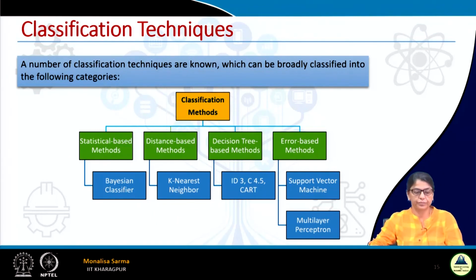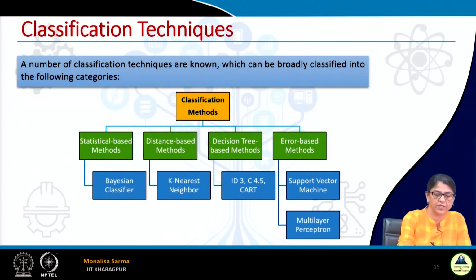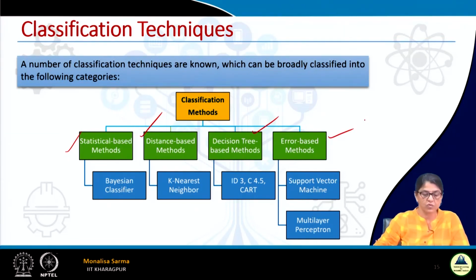So, now the number of classification techniques, I am talking of supervised only. Based on supervised classification, several techniques are known, which can be broadly classified into the following categories. What are the different methods we know? One is statistical based method, distance based method, decision tree based method, error based method. Statistical based method, basically we use when we